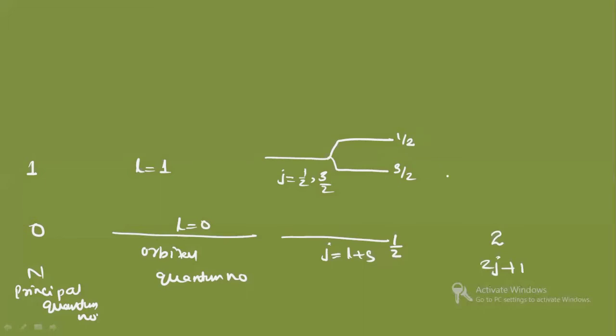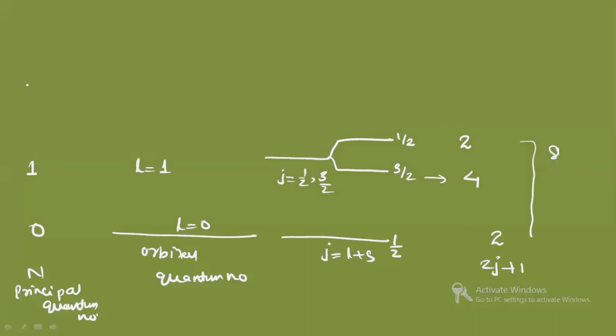So if you see here 2J plus 1 is filled. So for this, how many you will fill? 2J plus 1, that means 4. Here you will fill how many? 2. So now you see till here how many are filled? Up to here you have filled 2 plus 4, 6. Till here we have filled 8.